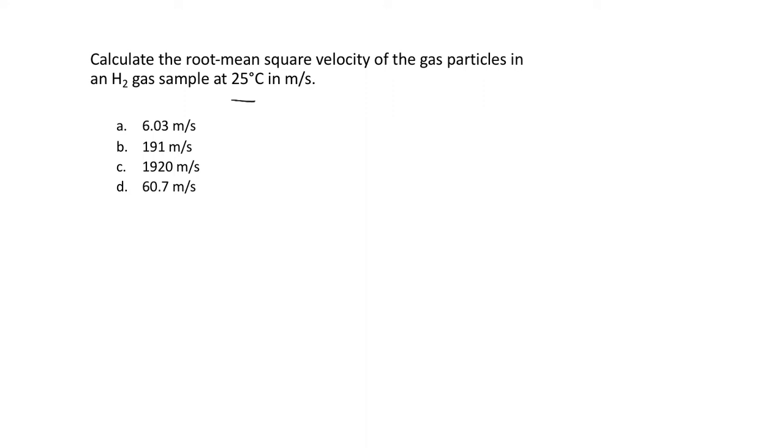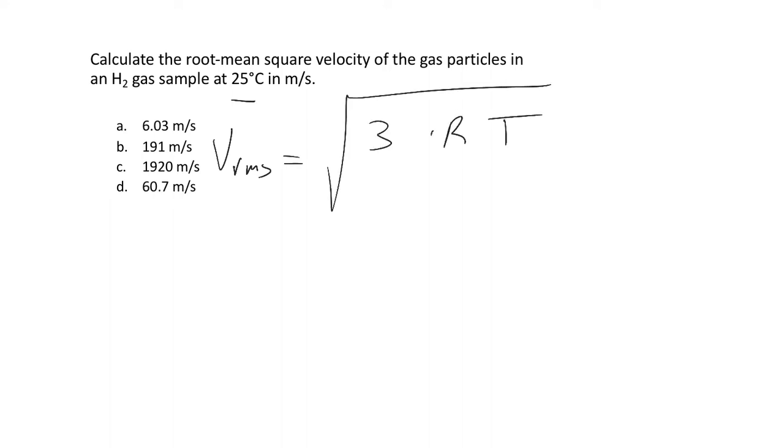In a way, this is an easy problem as long as we know what units to plug everything into. And the way we'll know what units to plug into this equation is just to think about the units and write them out as we go. So if our root mean square velocity equation is 3 times RT divided by molar mass, and we want to get this out in meters per second, which is an SI unit, that clues us in that we probably don't want to use liter atmospheres per mole Kelvin, because I don't see meters per second in liter atmospheres, but I can see them within joules per mole Kelvin or Pascal cubic meter per mole Kelvin.